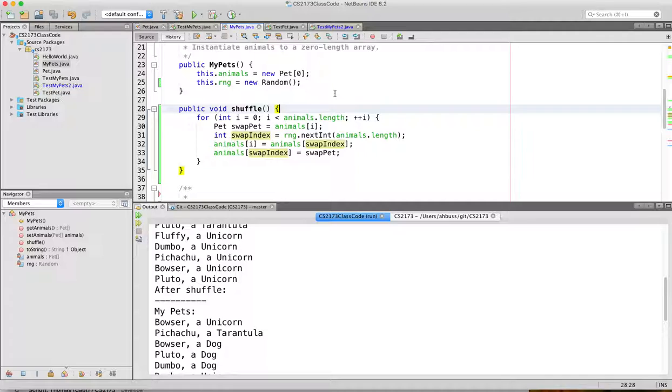Okay, so again, to recap, we've kind of reviewed the operators, and